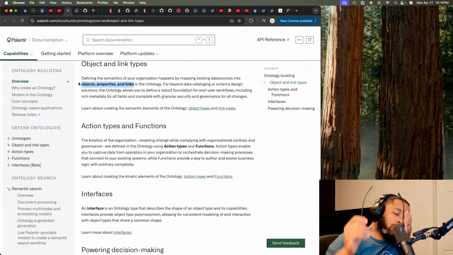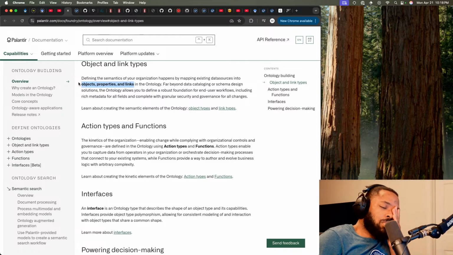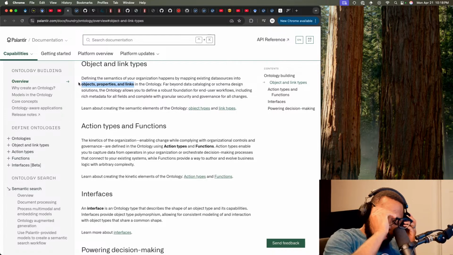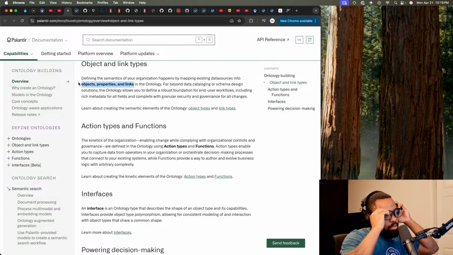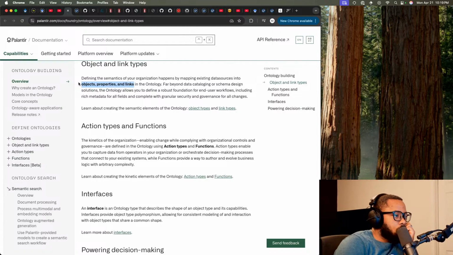You're really building a graph of objects and linking the objects together. And each object has properties. Anyway,